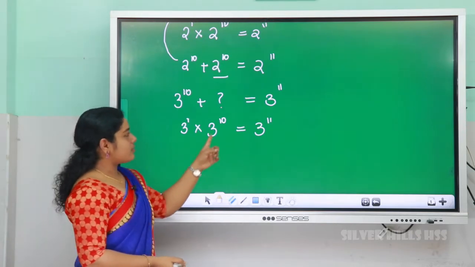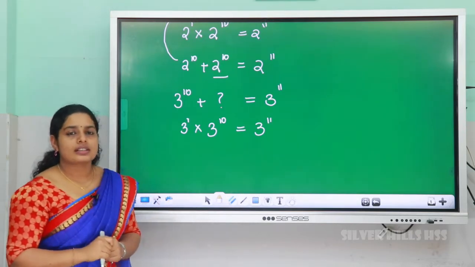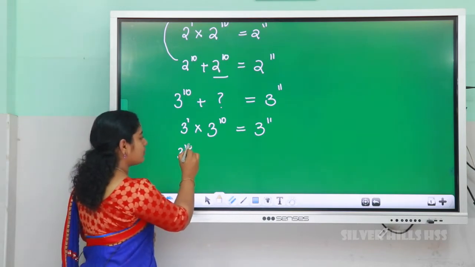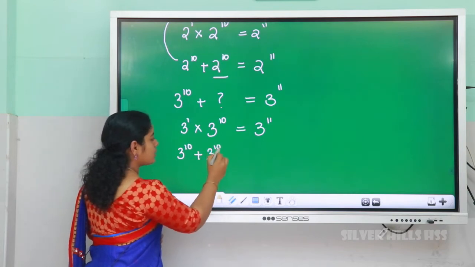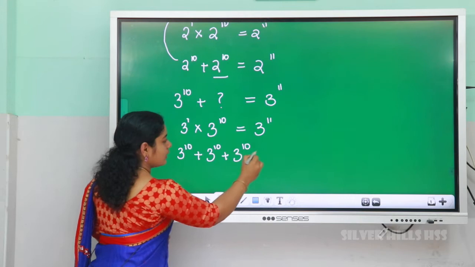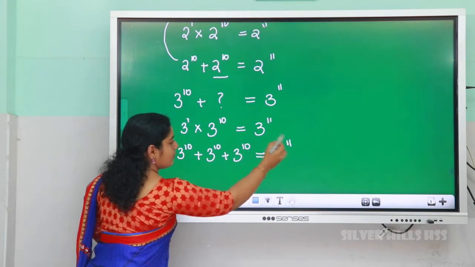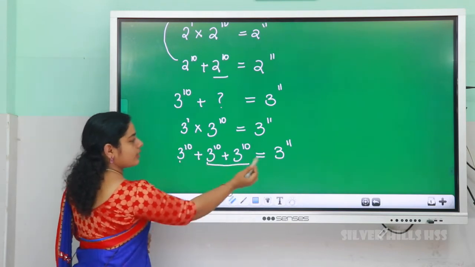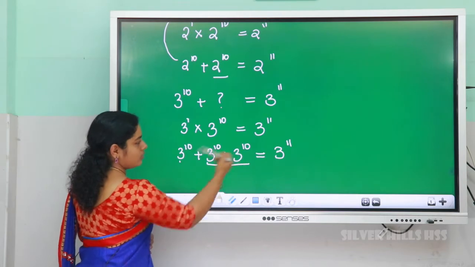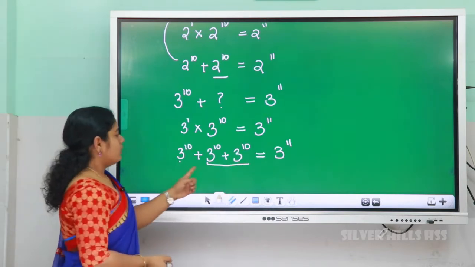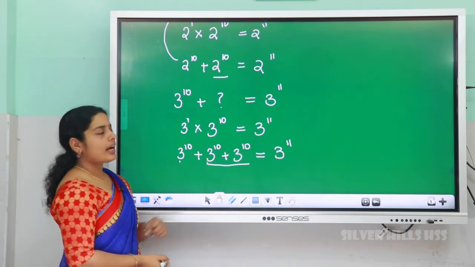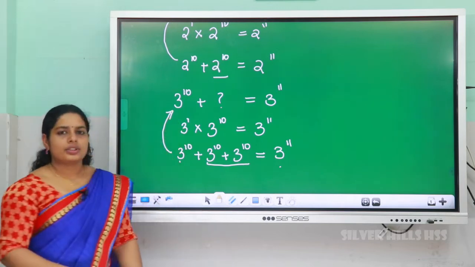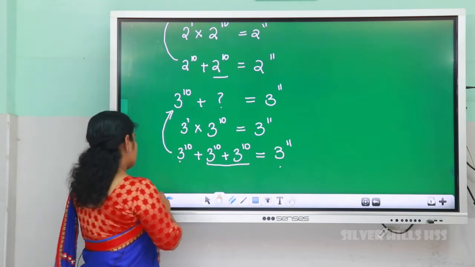Okay, so 3 times 3 raised to 10 means what? 3 raised to 10 is added 3 times. That is 3 raised to 10 plus 3 raised to 10 plus 3 raised to 10 will give you 3 raised to 11. So, what must be added to 3 raised to 10 to get 3 raised to 11? 3 raised to 10 plus 3 raised to 10. So, 2 more 3 raised to 10 should be added to 3 raised to 10 to get 3 raised to 11. That is the answer to the second question. Next, we have